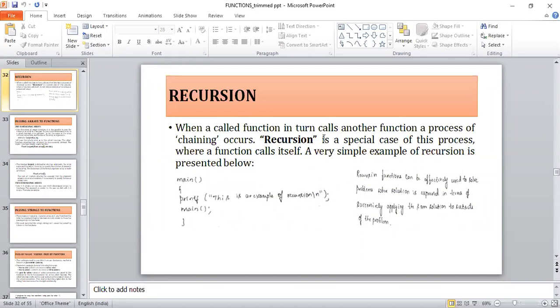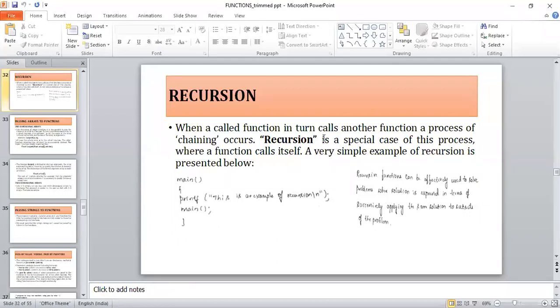Observe this program, main. Main is the function, and we have written one printf statement. This is an example of recursion. Once main is executed, our printf statement will be executed.